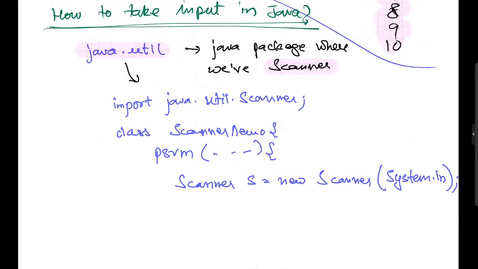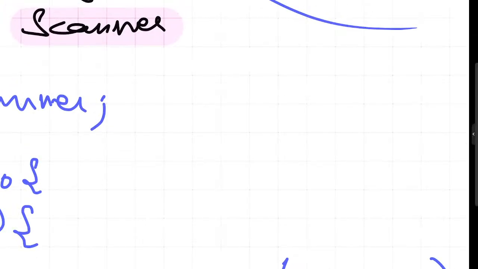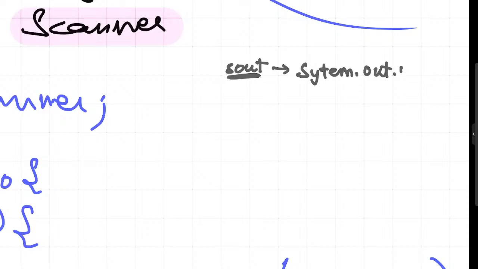Now what you have seen till now is that I write something like sout. I'm going to explain this here. This sout is a short form for System.out.print. What you need to understand here is that this System.out is the output, which is the monitor,